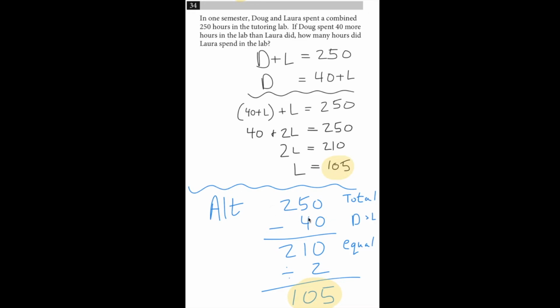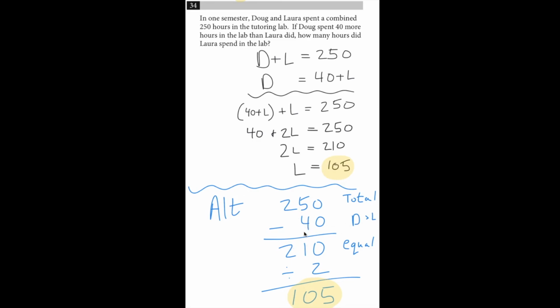Alternatively, if you don't want to do all this handwriting, you could think algebraically and do this with calculations. The total is 250. You know that Doug has 40 more than Laura, so if you subtract out 40, you get two equal parts. Like if Doug didn't have 40 more, then you could just